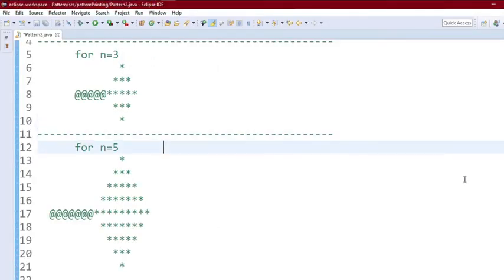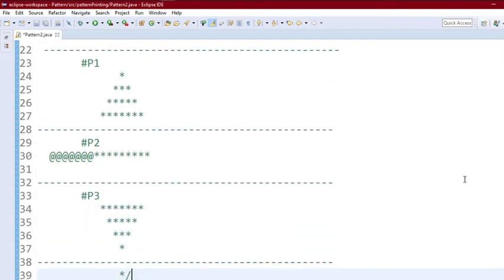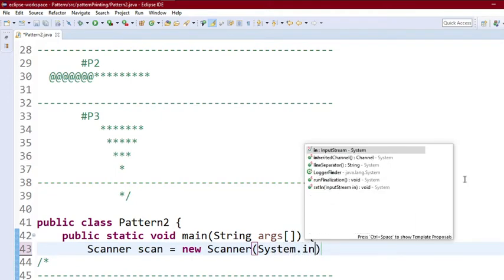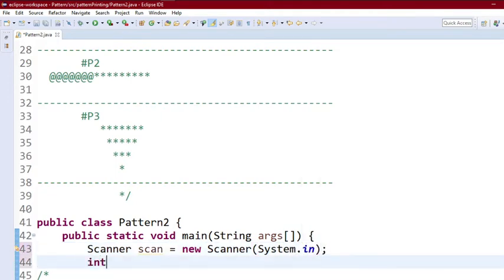Okay, first we have to take input. So for that we have to create an object of the Scanner class, and take an integer as input.